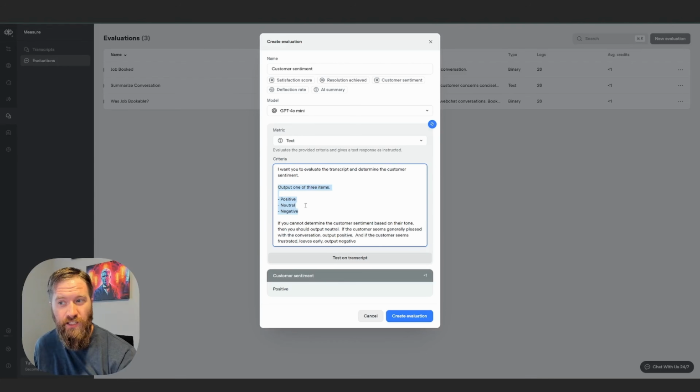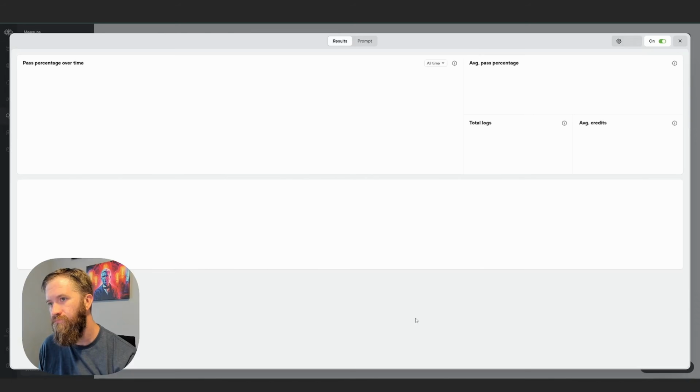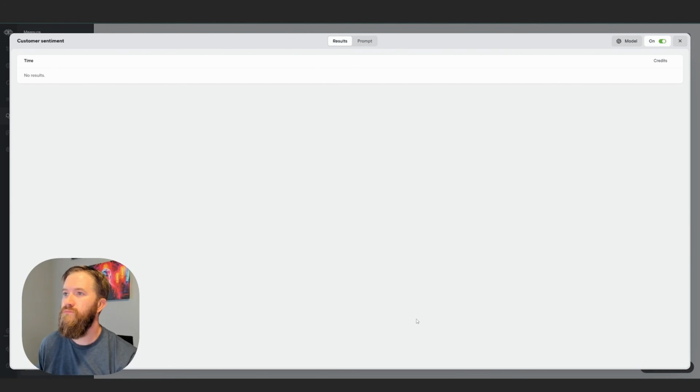It's good for me. It didn't say positive and then a bunch of additional letters and numbers or explanation and sentences. So, I mean, it's good from a quick syntax check. But other than that, I'm not really sure the usefulness of that particular button. Well, watch what happens when we create this evaluation, okay? Create evaluation. So results, no results, because no new transcripts have come in yet.